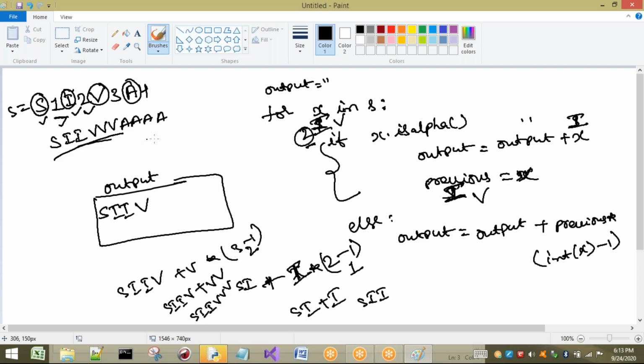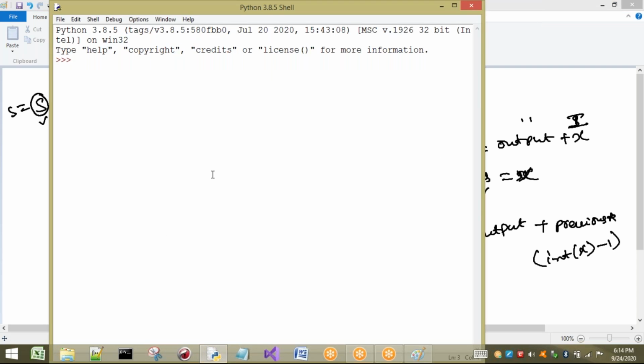Next, what about A also? The same condition is going to apply, and we are going to get output as A 4 times. So what we have to observe here is, first we have to understand whether the given character is an alphabet or not. Later, if it is numerical, those many times I have to print. For that, the logic is this one. If it is an alphabet, I have to go here. If it is numerical, I have to come here, and those many times I have to create the characters. Okay, I will write the same program once and execute it.